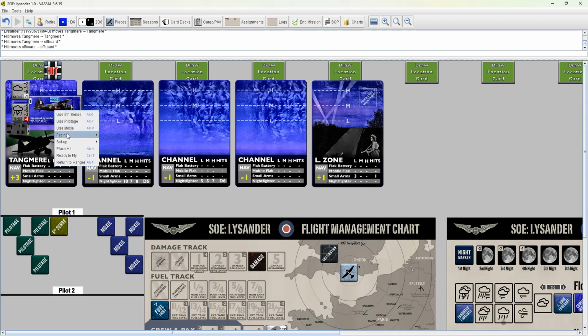If I am going to use Sixth Sense, I'm going to put that down. You would also place that up there. You also notice that it took away my Sixth Sense down here, and once you do that, you can no longer use it. Say I use pilotage, same thing. I use pilotage or drop the pilotage, and then